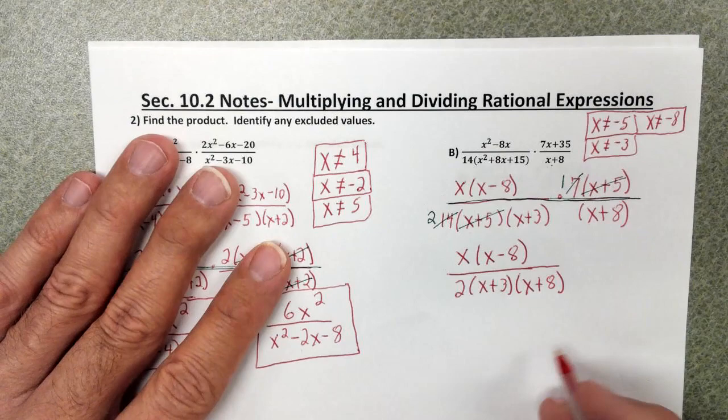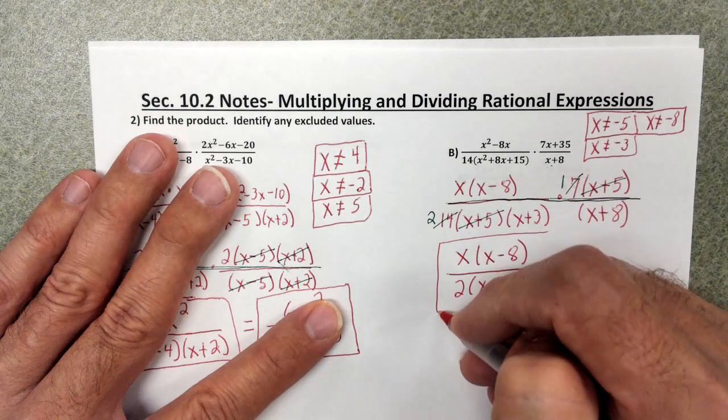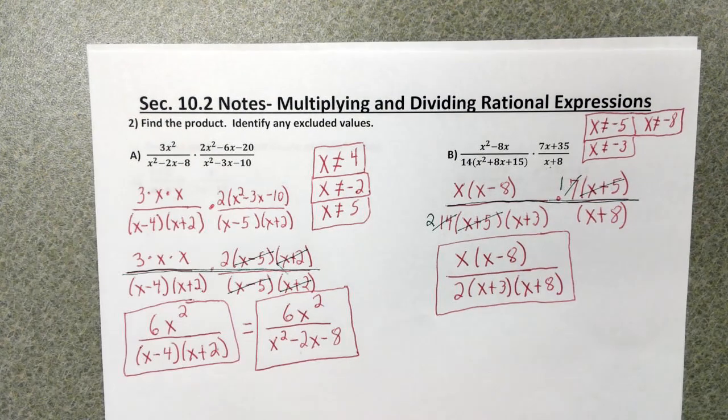And that is our simplified form. I'm just going to leave it in factored form because normally that's the way you're going to see those. Normally when we see them, they're going to be left in factored form because when we start solving, that's going to be one of the things we're going to look at. So that is multiplying of